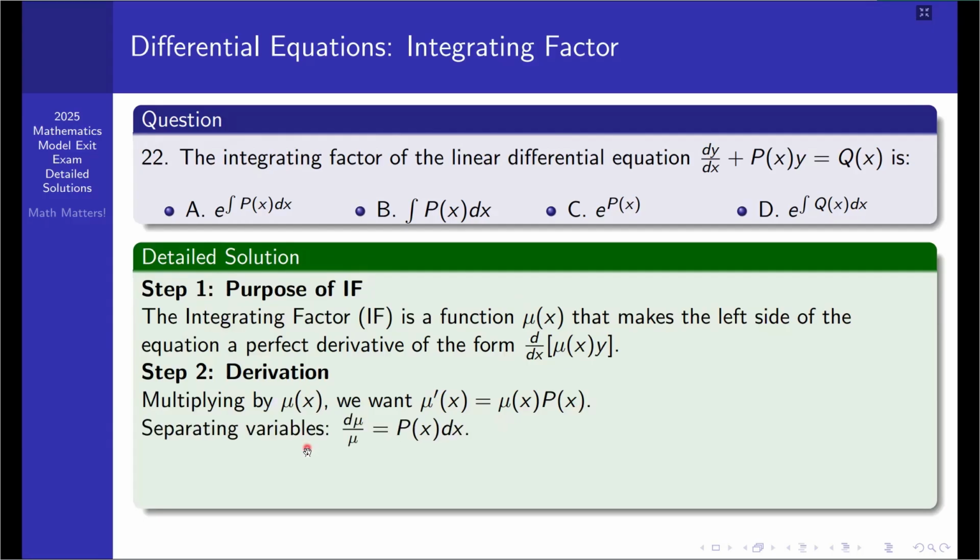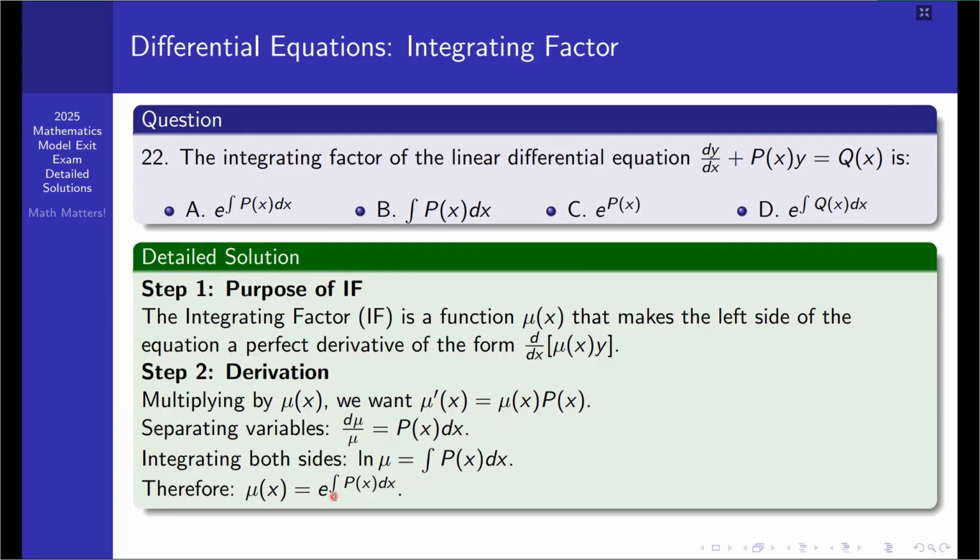So separating the variables, d mu over mu is equal to p of x dx. Then integrating both sides, ln mu is equal to the integral of p of x dx. Then when we further simplify, mu of x is equal to e to the power of the integral of p of x dx,